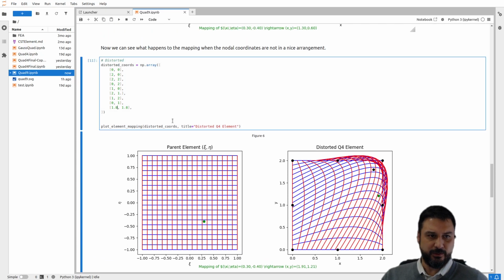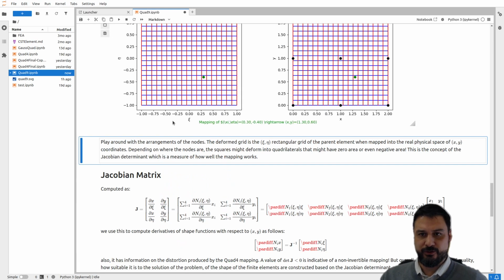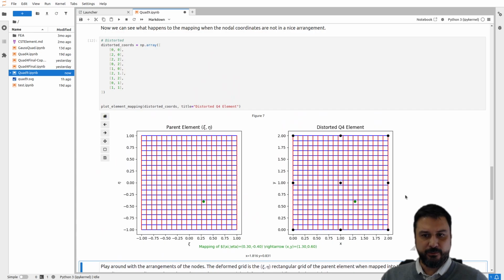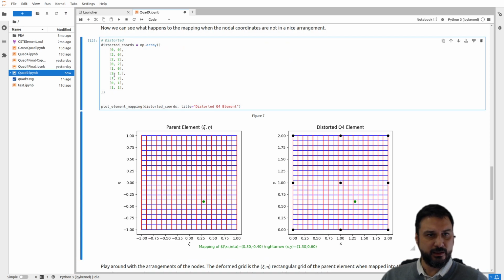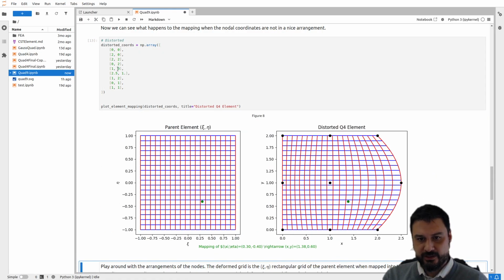So let's put it back to its original place for our comfort. And then let's do a little bit more. For example, it's fun to analyze what you can do with the mid side. So let's go for the second mid side. It should be this one at 1, 1. Yes. So if I start moving, for example, this node towards the side, you can see what happens